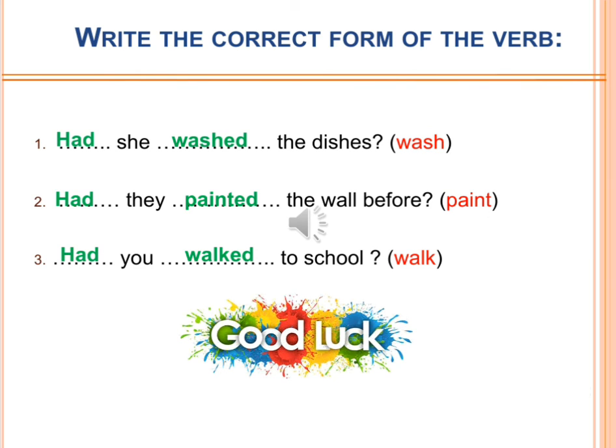Write the correct form of the verb. 1. Had she washed the dishes? 2. Had they painted the wall before? 3. Had you walked to school